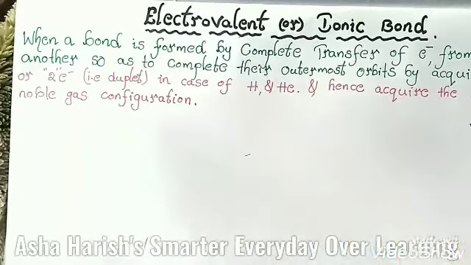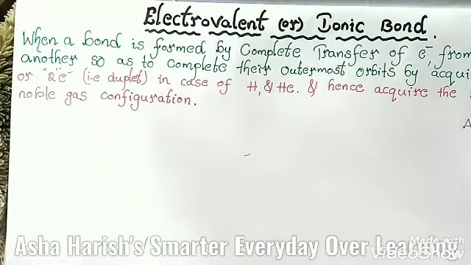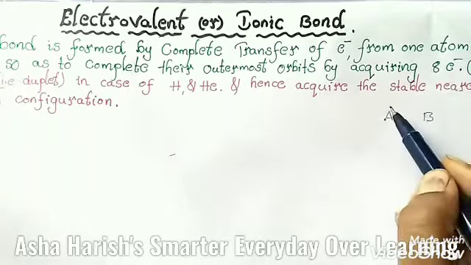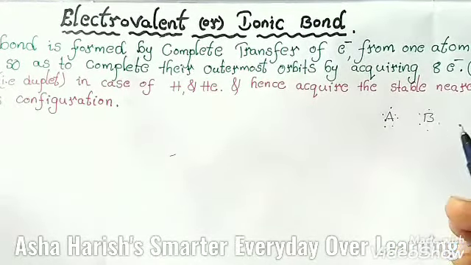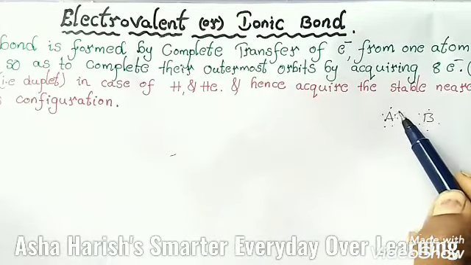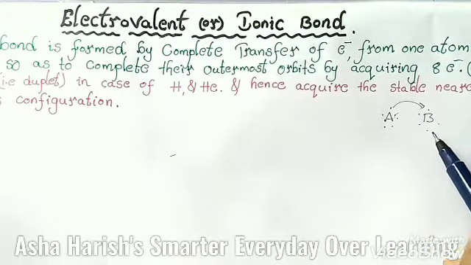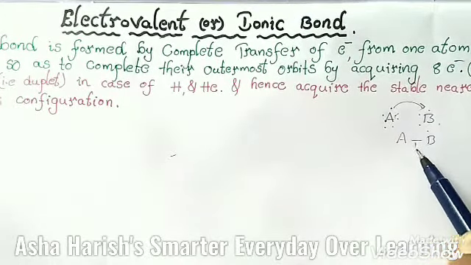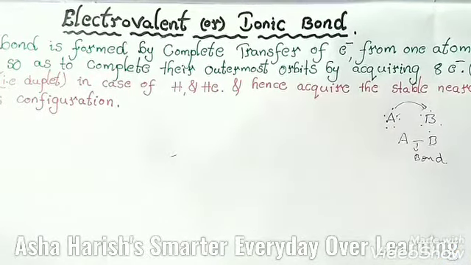See here, if you take the atoms A and B as an example, from A to B, here some electrons should be there and here also some electrons, and one electron or two electrons can be transferred from one atom to another atom. Now only one bond has been formed. This is a bond, that is only the ionic bond.